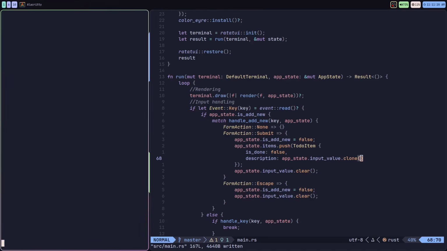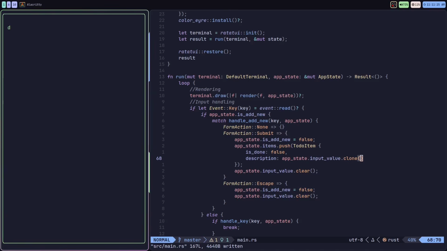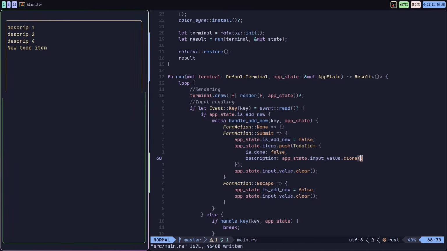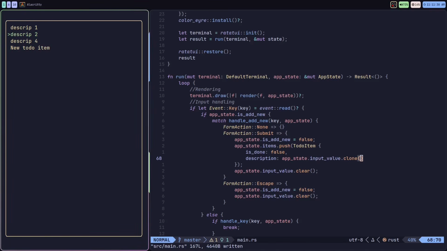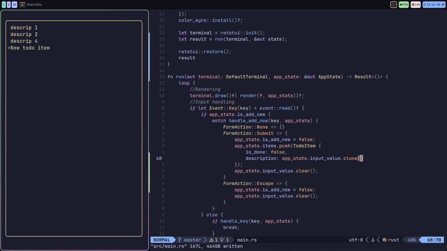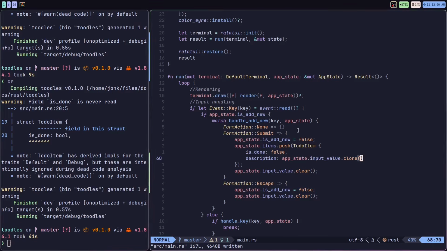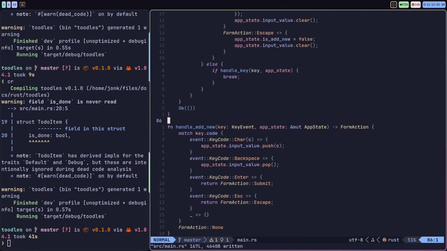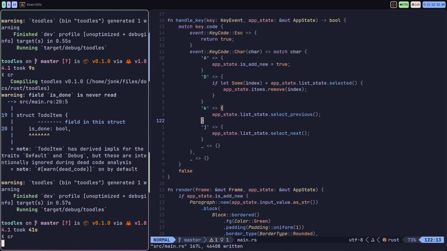Okay, so now if I add new, type in a bunch of stuff, new to-do item, and I press enter, you'll see the new to-do item has been added to the list. If I go into this and I press escape, nothing is added to the list. And now I can add to-do items to the list. I can remove to-do items from the list, and I can read the items and select between the items at my leisure. So now we've got the basic functionality of the application,